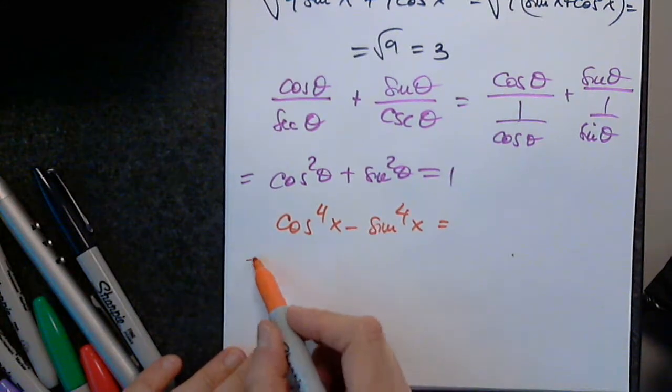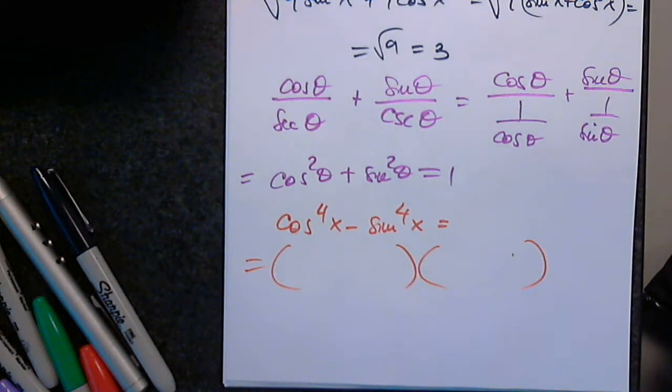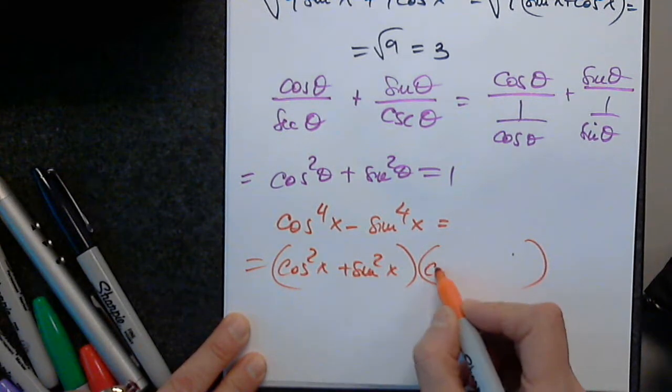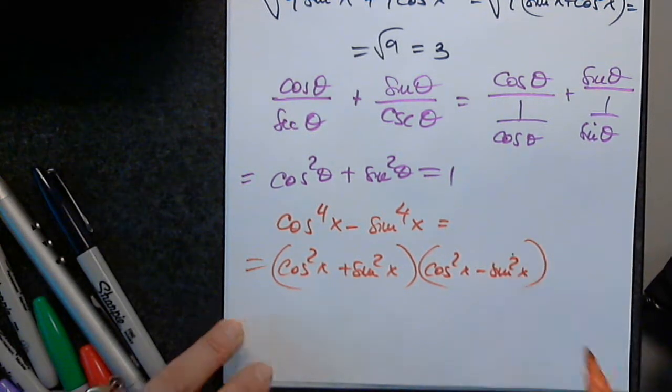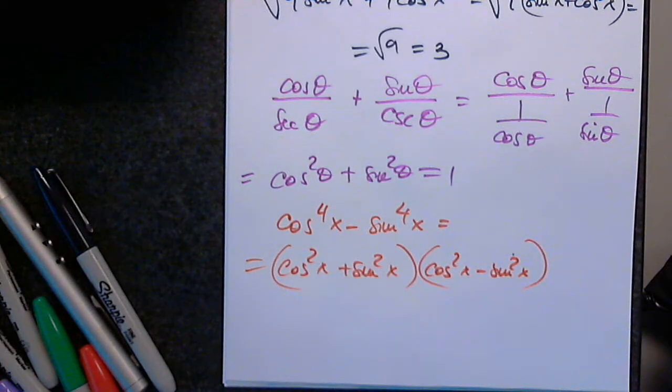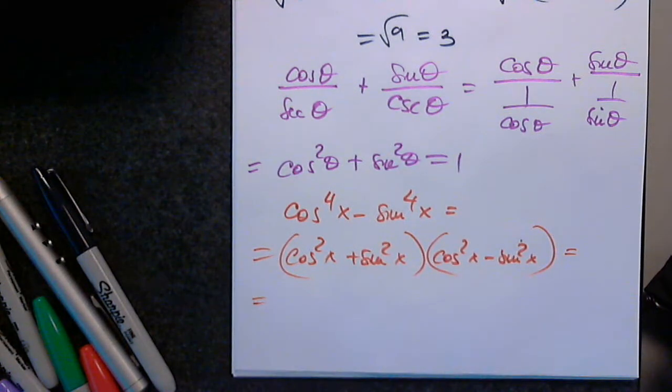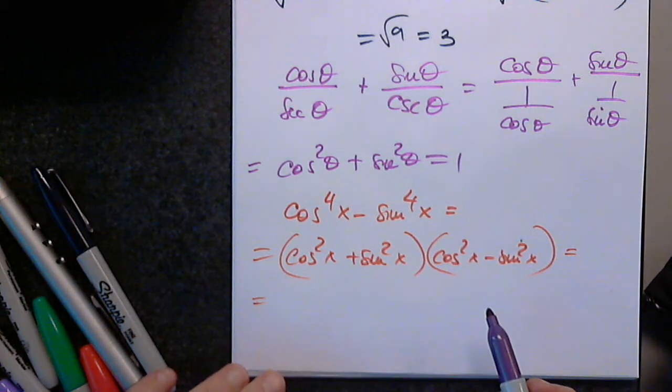Yes, it's the difference of squares. And now how do I write it? Once you say the difference of squares, you'll come up with 2 binomials, sort of binomials. They're not binomials. X plus 2 is a binomial. Cosine is not a binomial. Cosine squared x plus sine squared x, and then cosine squared x minus sine squared x. That's it. And now, the first one is 1, and the second one